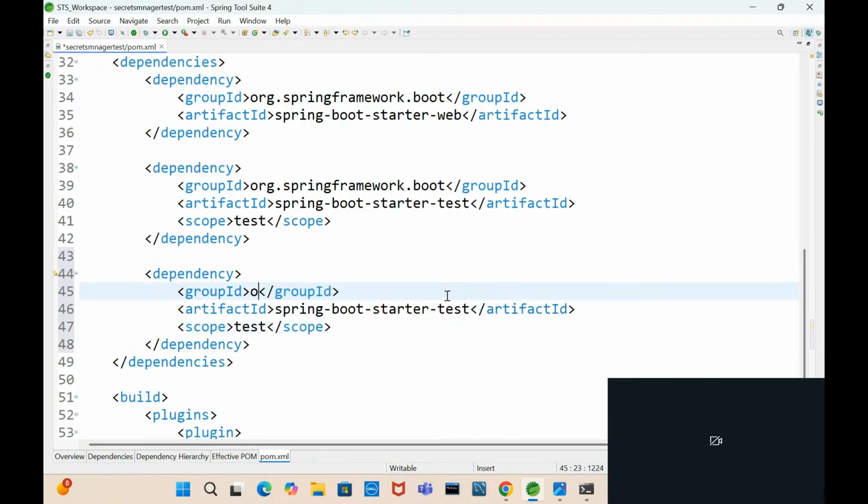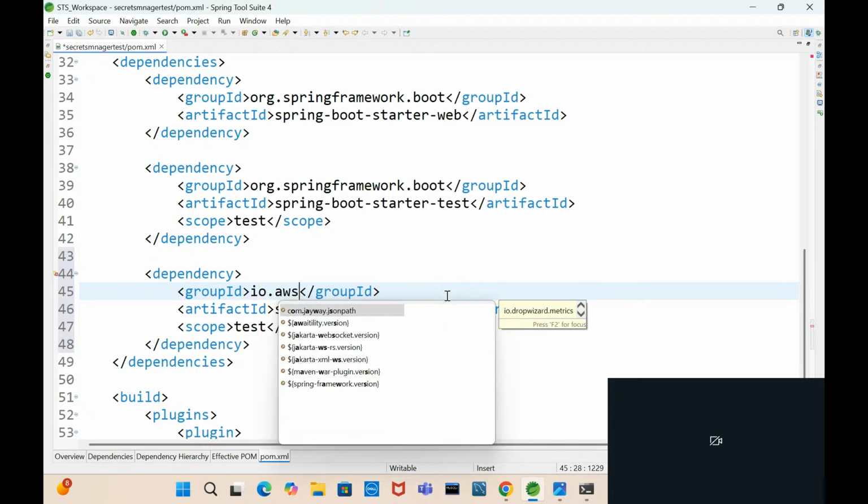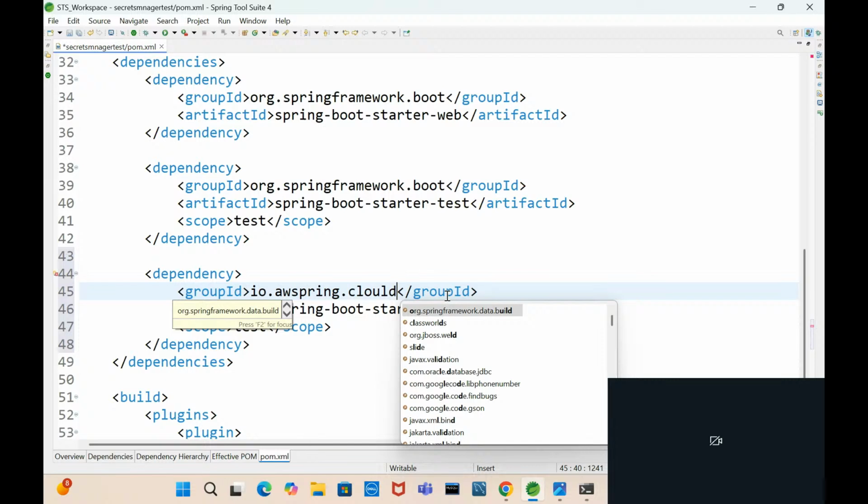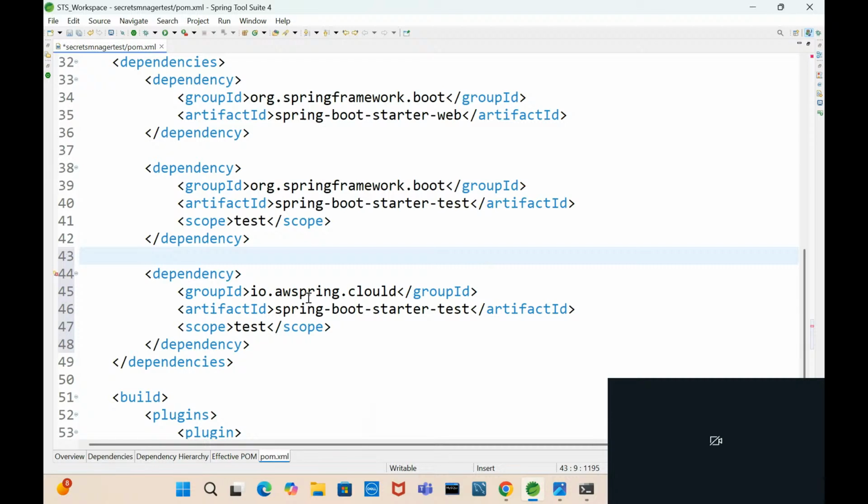So group ID: io.awspring.cloud. Next, artifact ID is